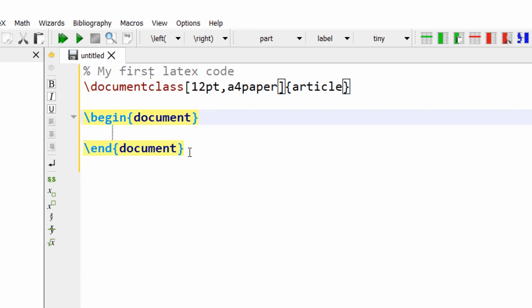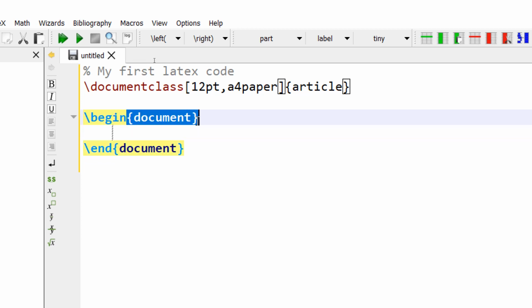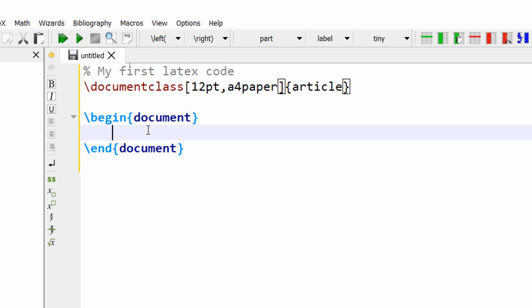In fact, whatever you write within begin and end and inside a pair of flower brackets are referred to as environments. The convention is like this: whatever you specify in a pair of flower brackets inside begin and end is famously referred to as environment. We will see in future lecture series or tutorials the use of so many environments. Let us now write the code.